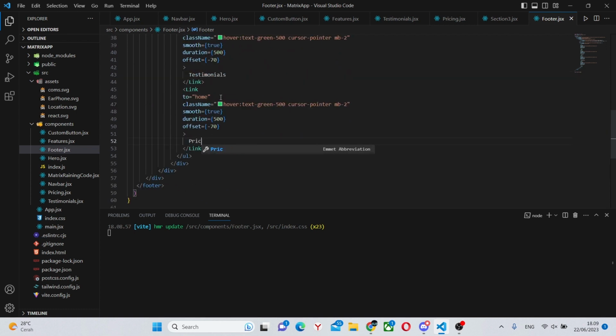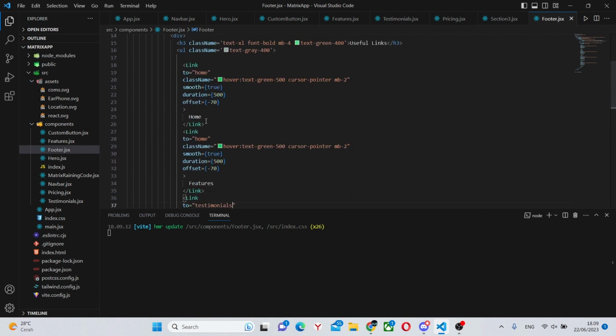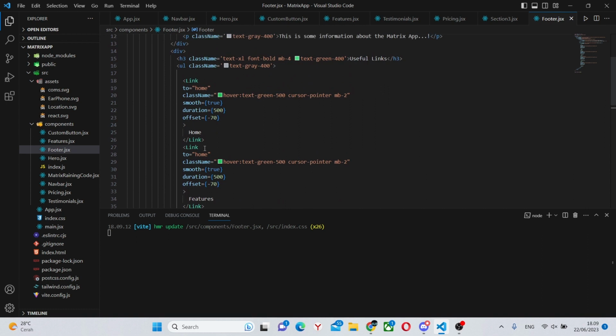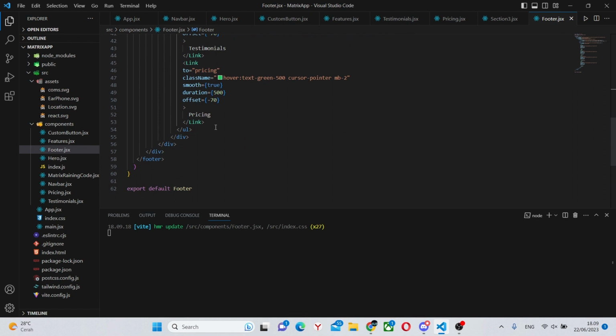Next, we need to change the links. So pricing, testimonials, and over here, features. Now we can add the final part of this footer and be done with the application.